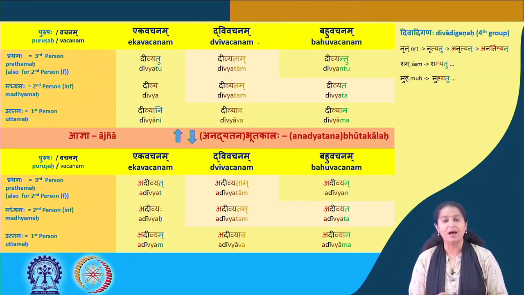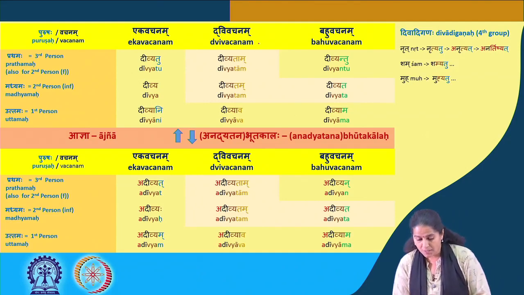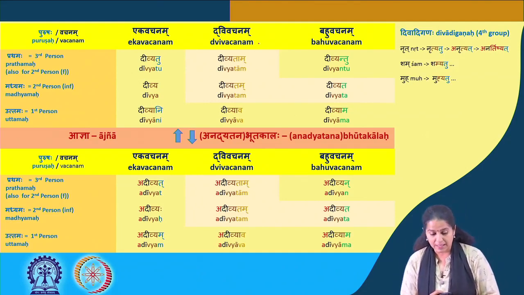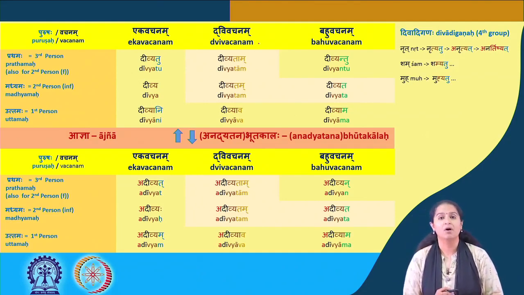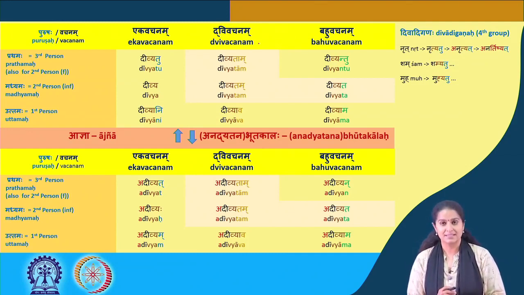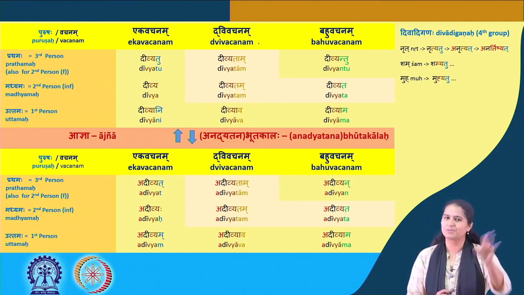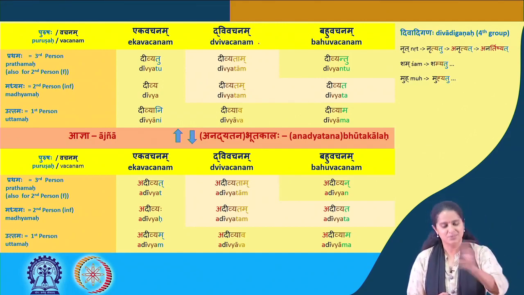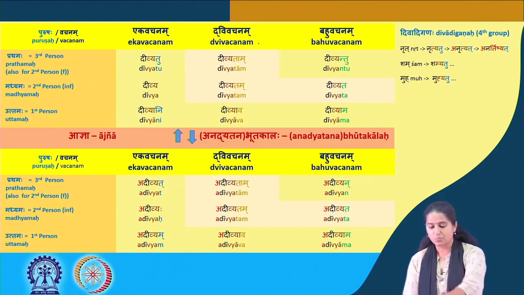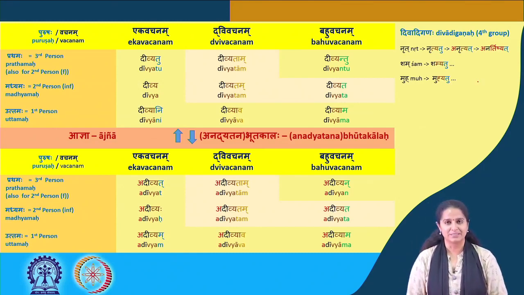But at the same time, I want you to make one sentence saying that let him or let her dance. So let her dance. What would it be? Nrityatu. Sa nrityatu, but you don't need to say all of it. Sa nrityatu is enough. Alright. So I just picked up the word from there, from the table there.